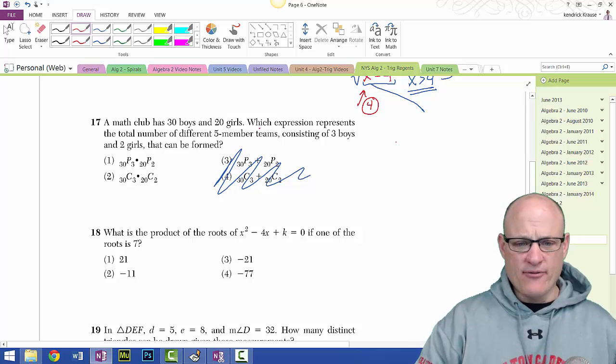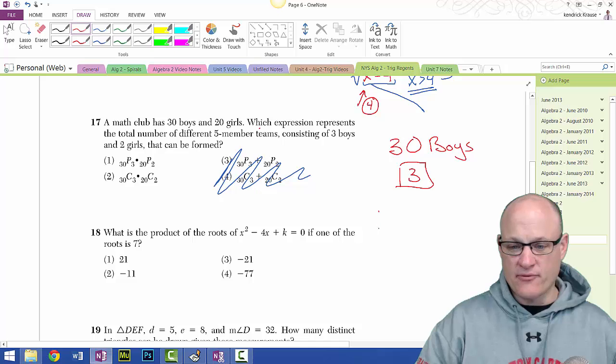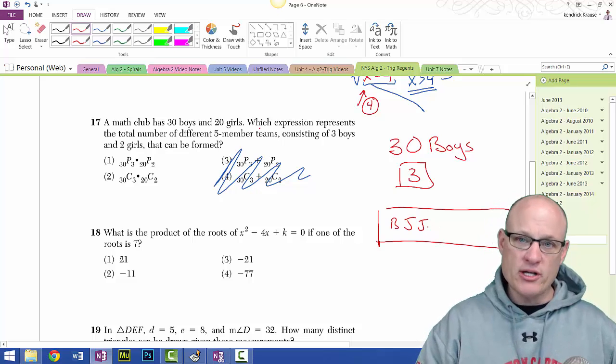If you have 30 boys and you pick out 3 of them, it doesn't matter what order you pick in. If they're going in the group, does it matter if I go Bob, Joe, and James, or James, Bob, and Billy Bob, or Joe, Billy Bob, and James? It doesn't matter what order I picked them in. And order doesn't matter on teams,